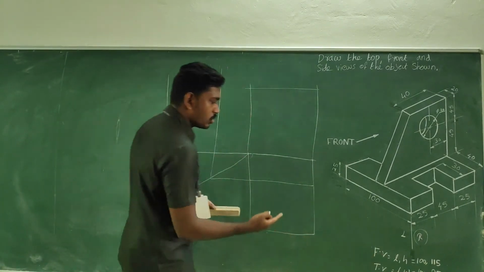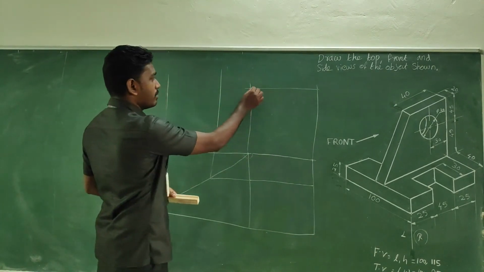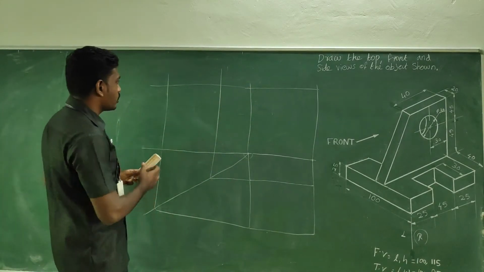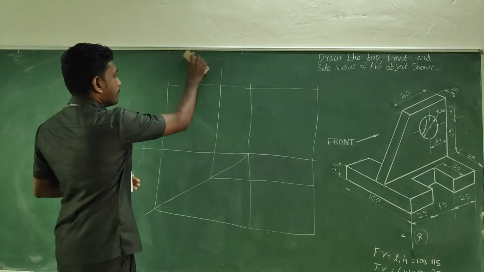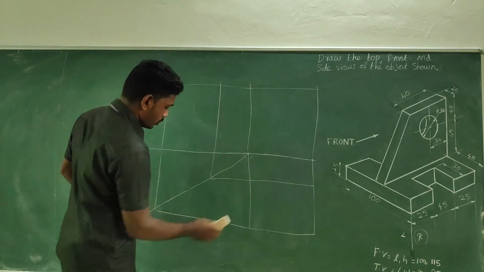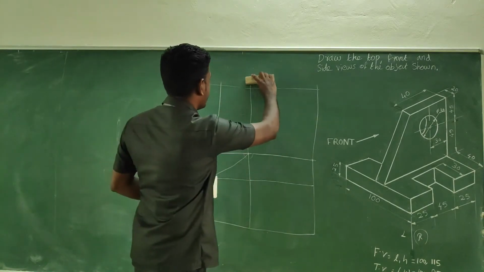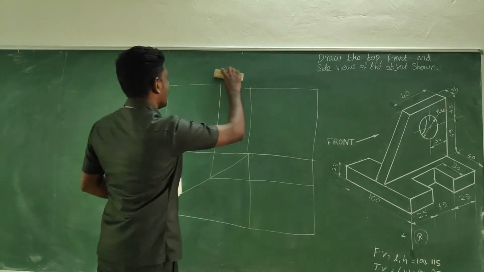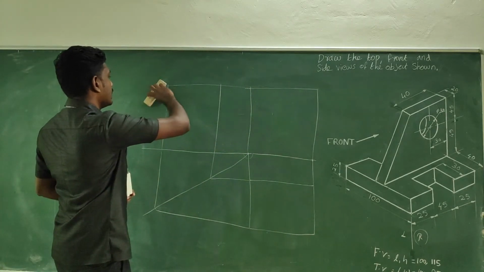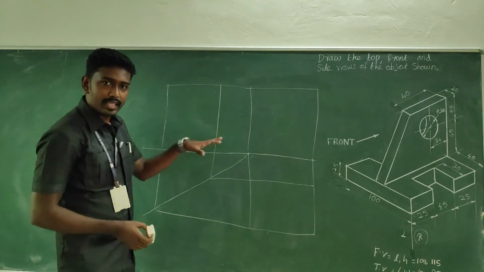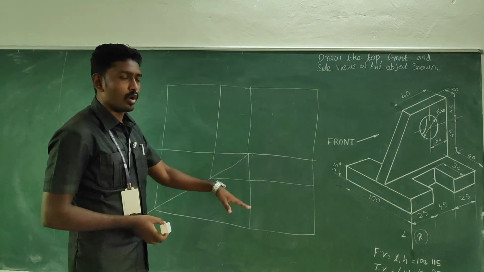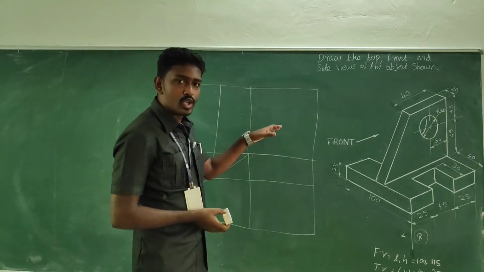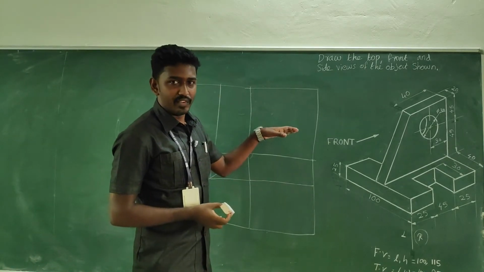And what about the height? 115, which can be taken from the front view. So get the projector from the front view and draw a horizontal line. So you could get the boundary for the side view. Extra lines can be removed so that it looks very good. So remove all the extra lines. The boundaries for the front view, top view, and side view are ready. And next thing is to concentrate on the front view.